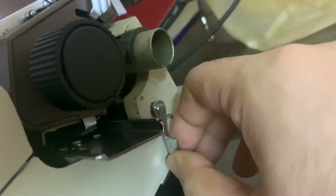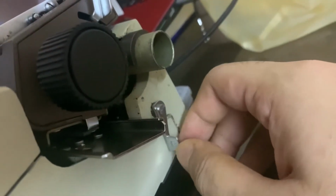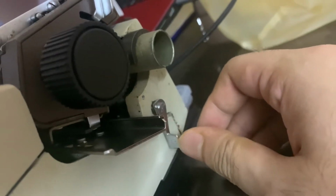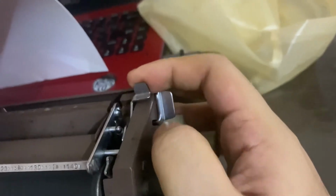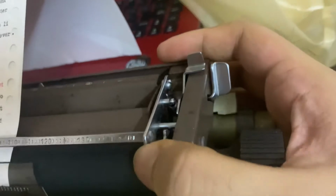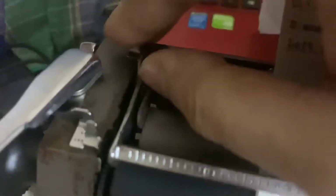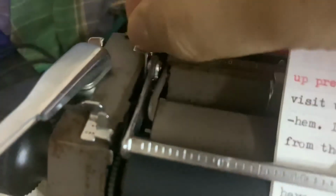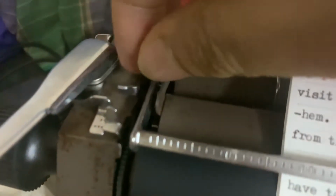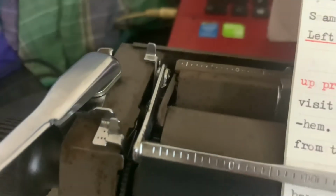This is the preset tab, which taps every, I believe, 5 or 10 spaces. What you saw just now, this is the paper release, and it also raises the paper bail. This is the carriage release lever. There's two of it. This is the ratchet release. If you put it, it will ratchet, and here it will free up, so you can move your page without